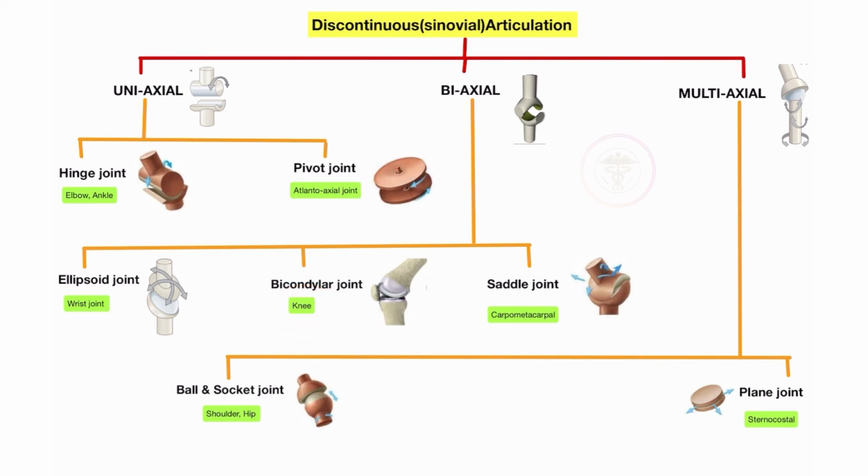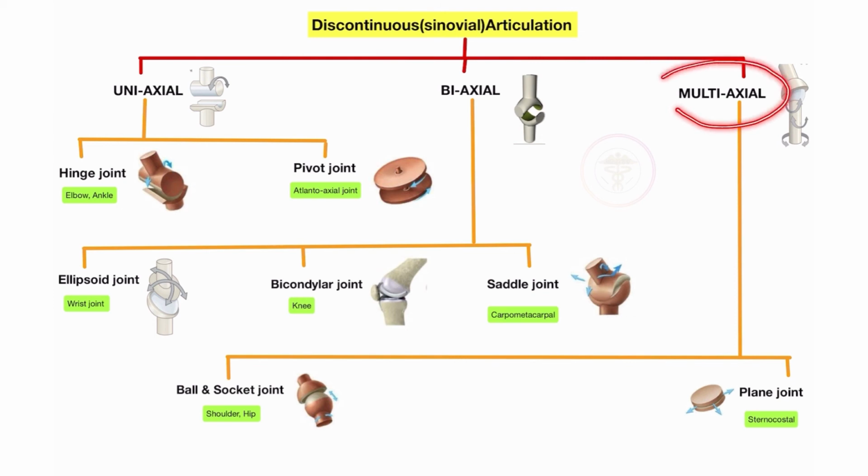Third type of joint is the saddle joint. Saddle joint is present between the carpals and the metacarpals of the hand. So it is also called the carpometacarpal type of joint. It is a saddle type of joint. So biaxial type of joint has three types: ellipsoid, bicondylar, and saddle joint. Please learn examples because sometimes examples are asked. I wrote only one example, it may be more than one, so please try to learn a minimum of one example.